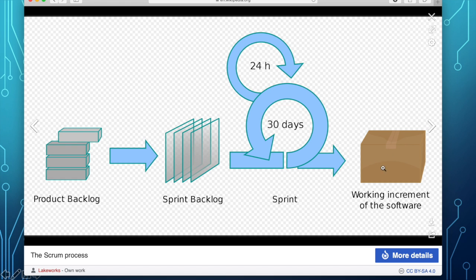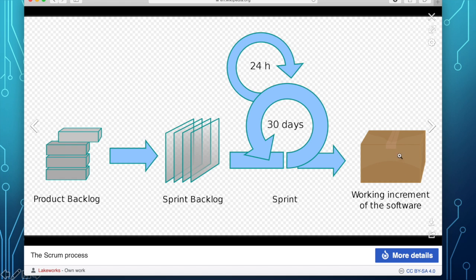And you get the feedback from the client. As soon as you do that, you pick up the next set of features, another 30 days, and then you meet daily, and then at the end of that, you have a working increment of the software.